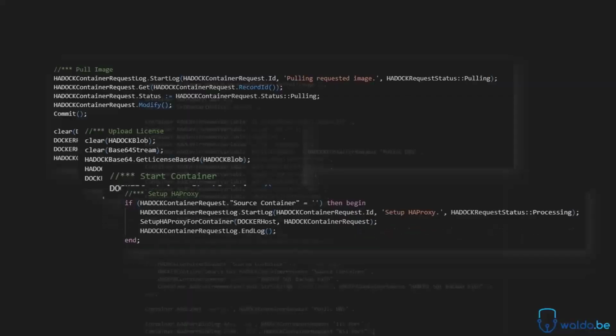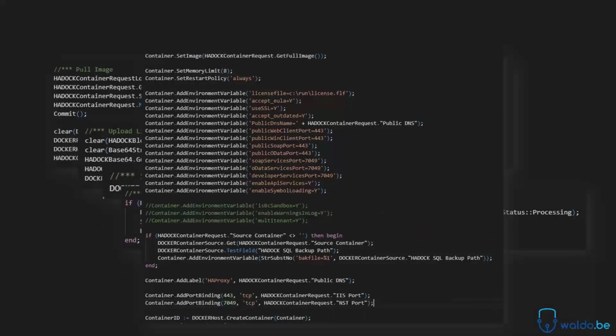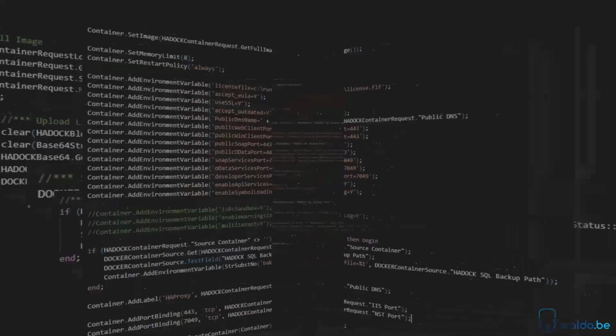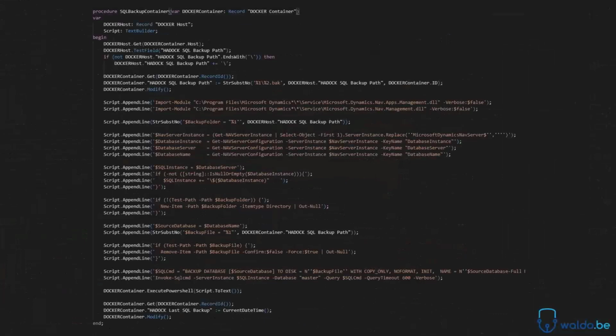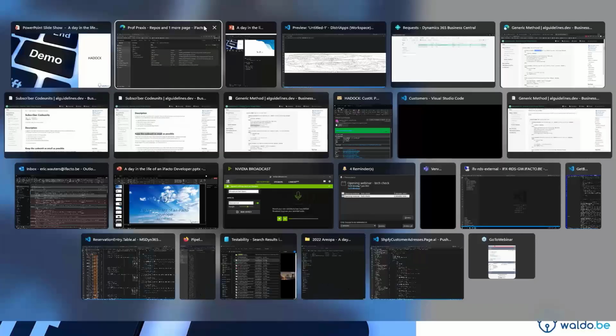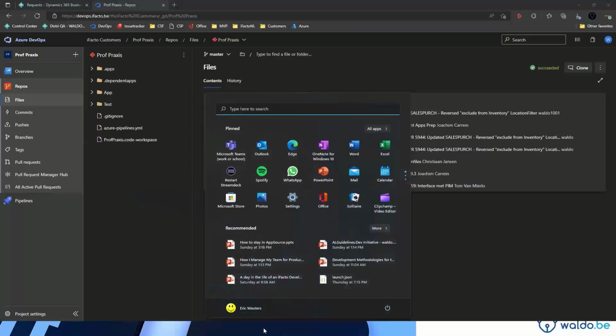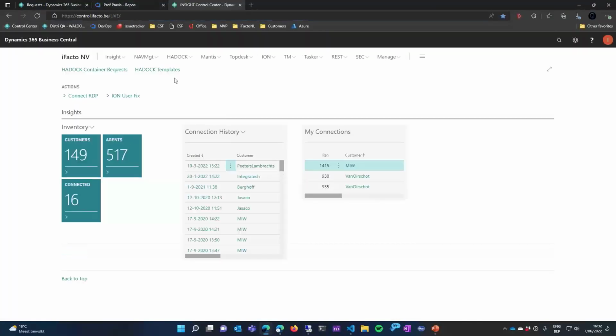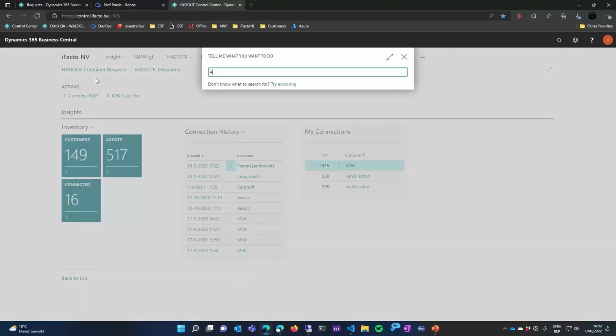I'm going to skip this. It's basically just behind the scenes that we are able to very flexibly work with Docker and create containers and spawn some or run some PowerShell in the background. Let me just show you how that looks. And I'm going to do that here. So let me just go to the control center. And I will